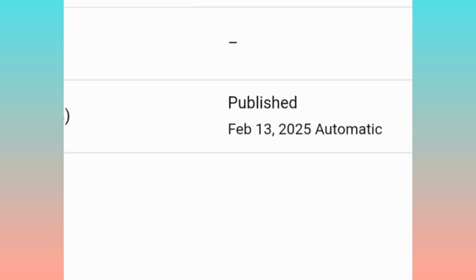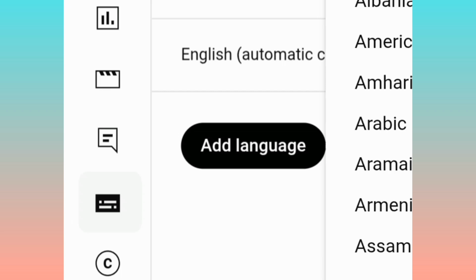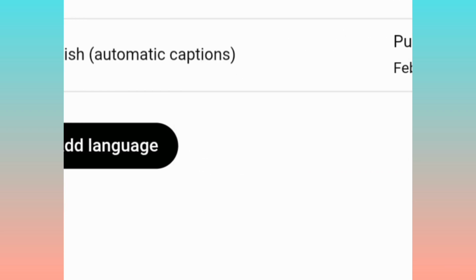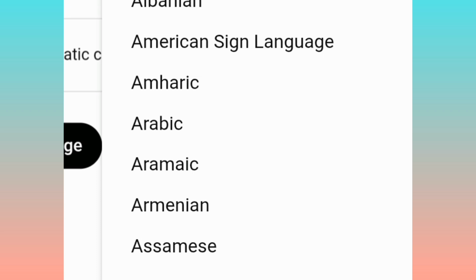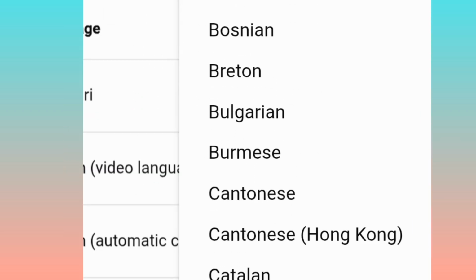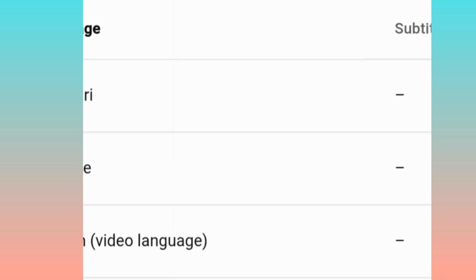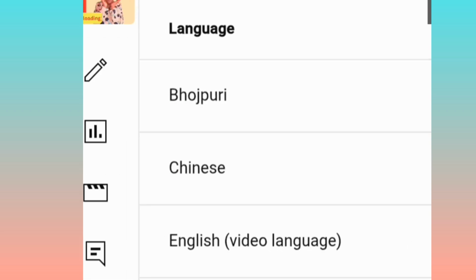I can see now. So you see. Now let's add another language. Let's add this. Press on that Add language, and you can add as many as you like. Let me add Chinese first, just for example. So you can add as many as you like. After you have added Chinese,